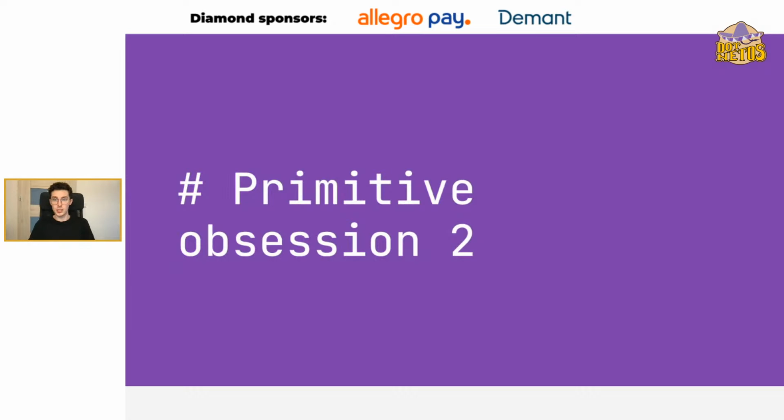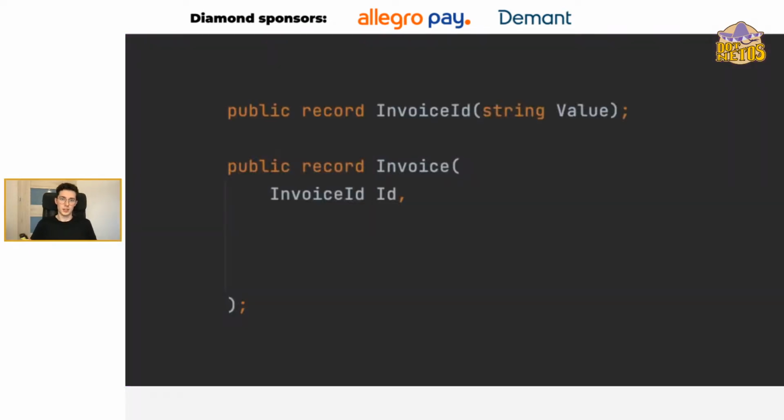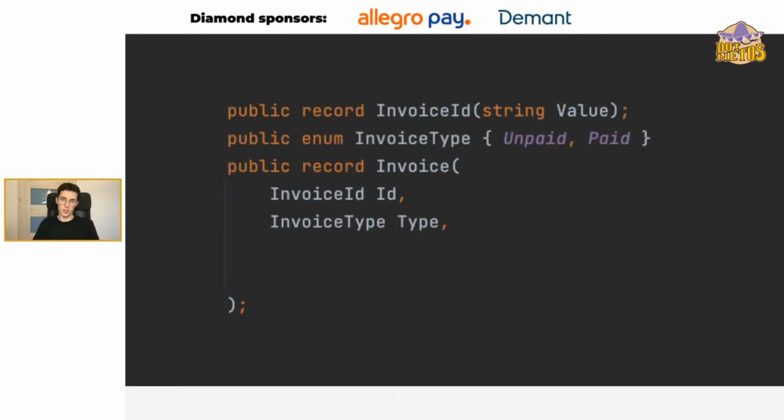So moving on to another example, now focus, because I'm going to change slides quite quickly. Imagine that there was a call. We need to implement invoices for our insurance system. As we need invoices, we create a record for invoice. It obviously has a simple type ID, as we learned a second ago. It also has types, because it can be either an unpaid or a paid one. And right now, it's going to get a bit tricky, because for an unpaid invoice, we have a due date, which is a date only.